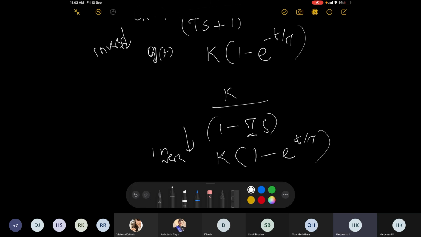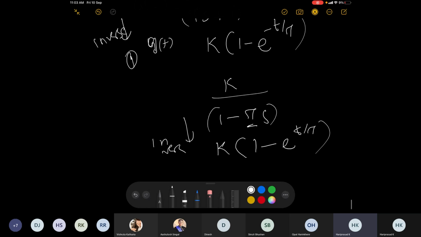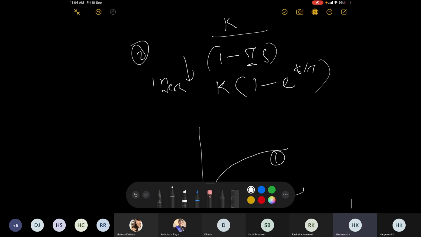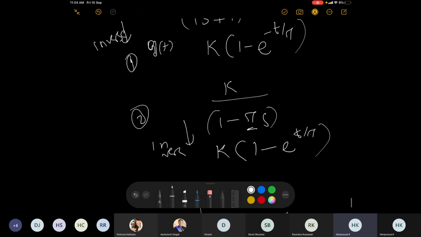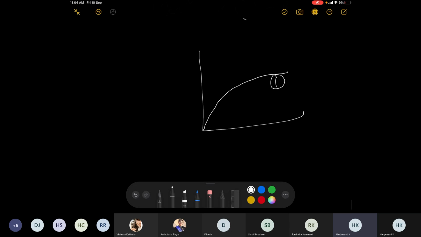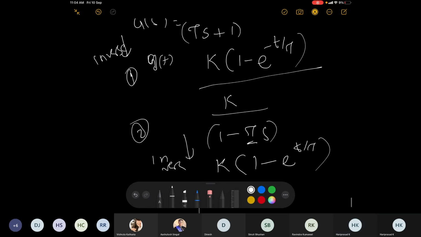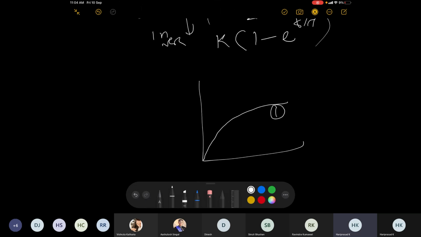So now let's try to plot 1 versus 2. Case 1 you already know. What is the profile? Correct? Is this agreed on this profile? This is the profile we have learned. But in the second case, because of this exponential term, which is a positive exponential, your profile may be something like this,